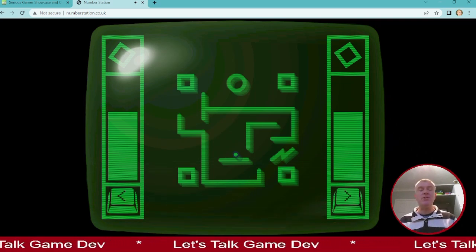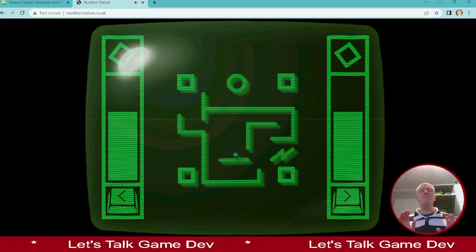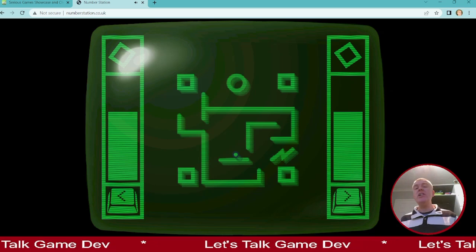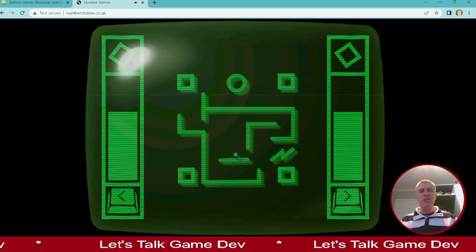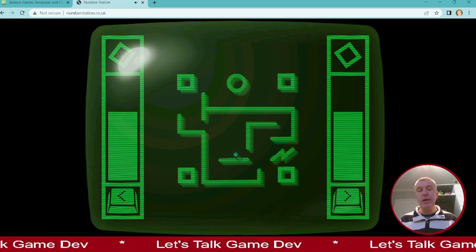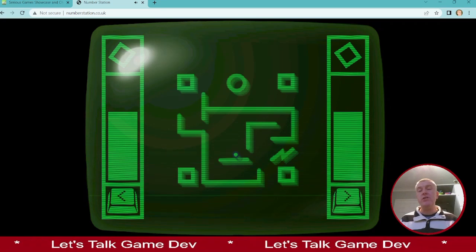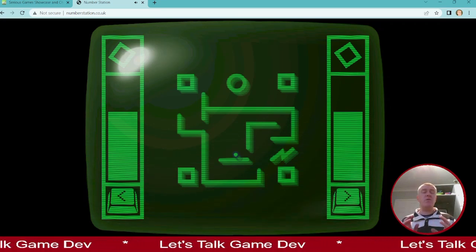So I don't really want to go any further and sort of spoil it for anyone, but I just thought it'd be really nice to show you and walk you through the ideas that I had to sort of weave in and connect up in order to build my final version of Number Station. It's all online to play. I upload the latest version every time I make a big update to it,